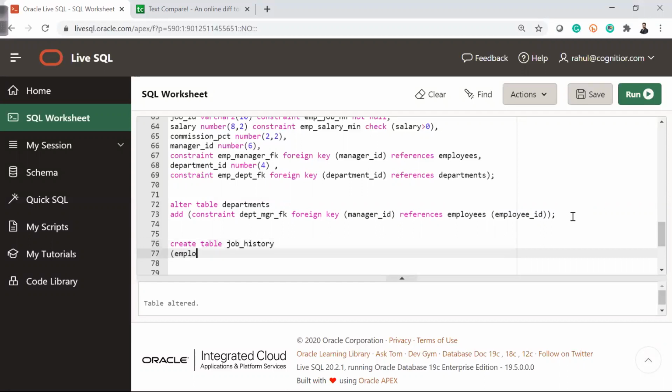Job history. Then we have employee ID number 6, comma, before that comma, let's have the constraint.